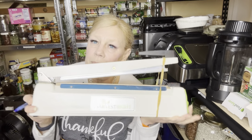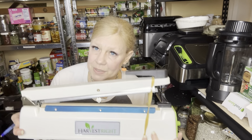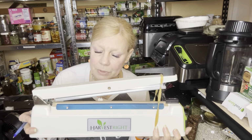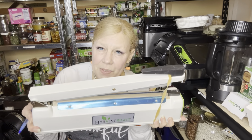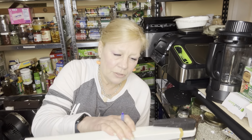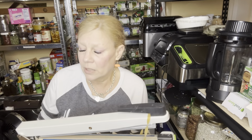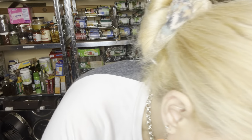You will get, depending on the package that you purchase, what's called an impulse sealer. Now, I have a rubber band around it just so that it doesn't flip all the way up and it's a little easier to store. So what this is, it just has a little heating element here. And you simply push down, stick your bag in, push down, let up, and it will seal it very, very quickly. If you're using large bags,